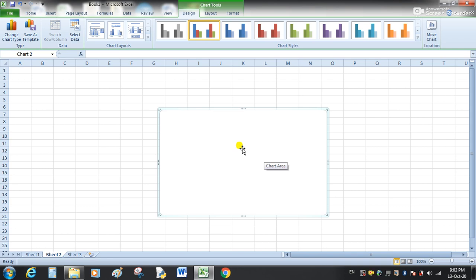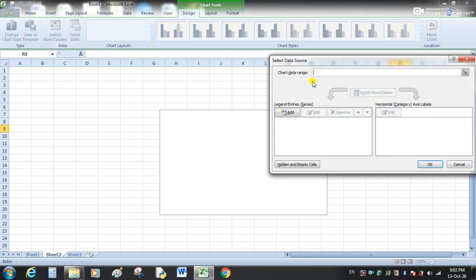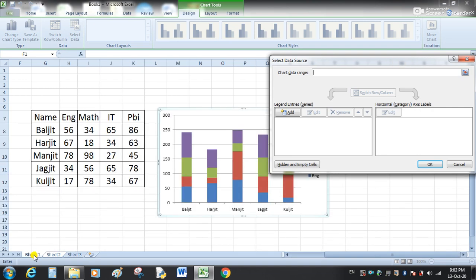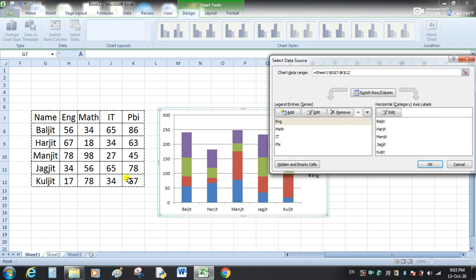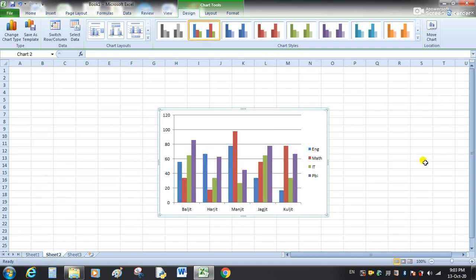From the design tab, under the data group, click select data. Go to sheet number 1 because our data is on sheet number 1. From here select the range. You can see this is our range. Now click OK. You can see the chart on sheet number 2.